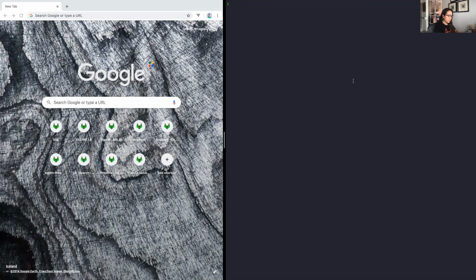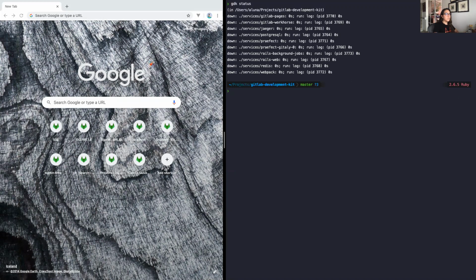So to start, let's make sure our GDK is stopped. Mine already is. First, for the purpose of this video and to keep it as short as we can, we will be assuming that we have the GDK and Minikube and the GitLab runner all set up and configured in our machine. So let's go to Minikube and make sure